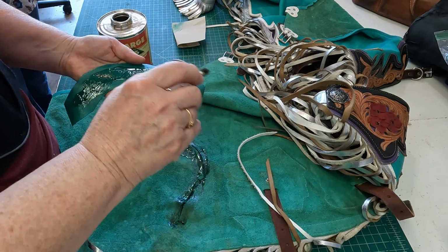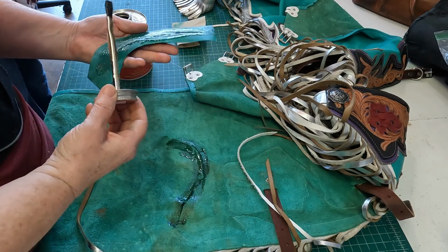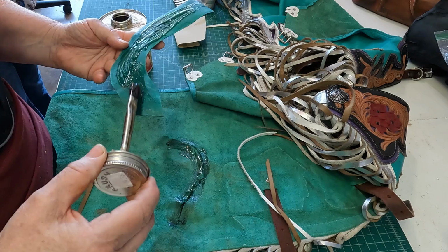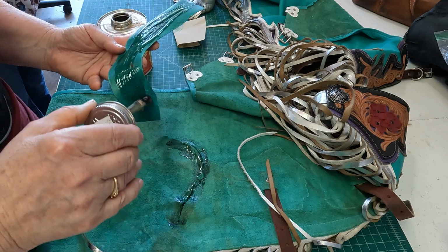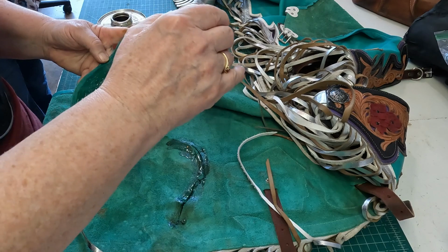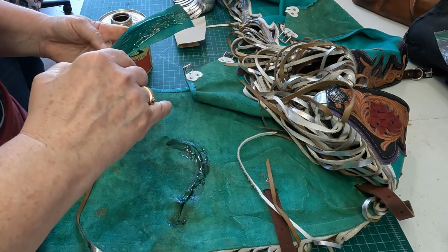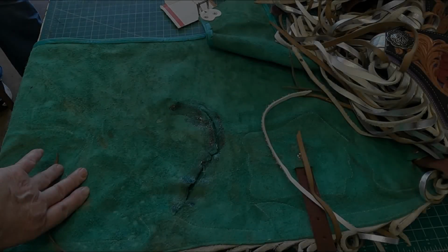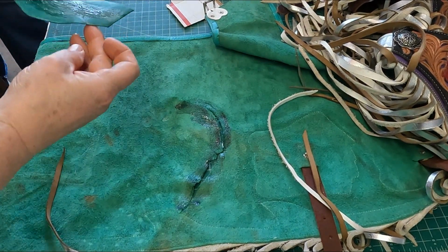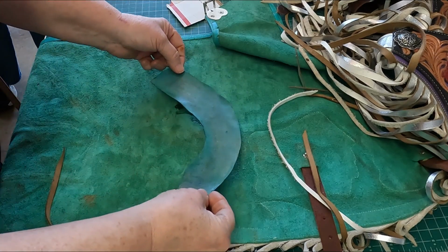So what we're going to do now is we're going to let it dry. It has to become sticky to adhere. So I'm gonna let it dry a little bit, and then when it gets super sticky, we can come back and go ahead and put the two pieces together. All right? Okay. All right, so we're gonna flip this over here. There's a couple of tricks